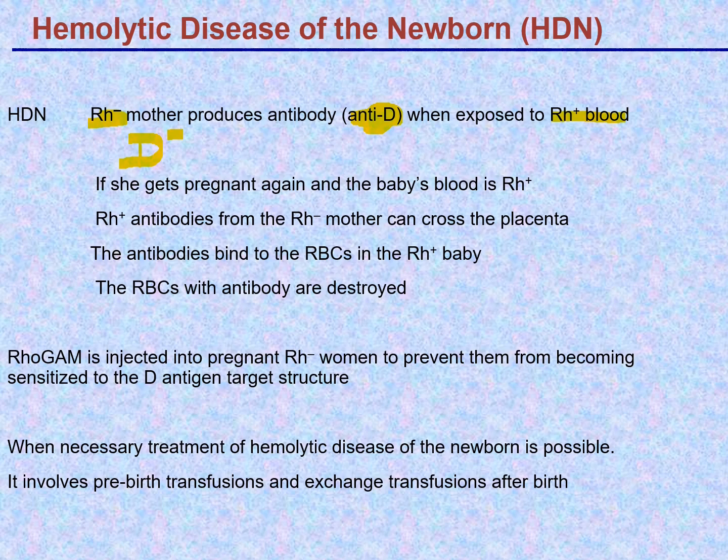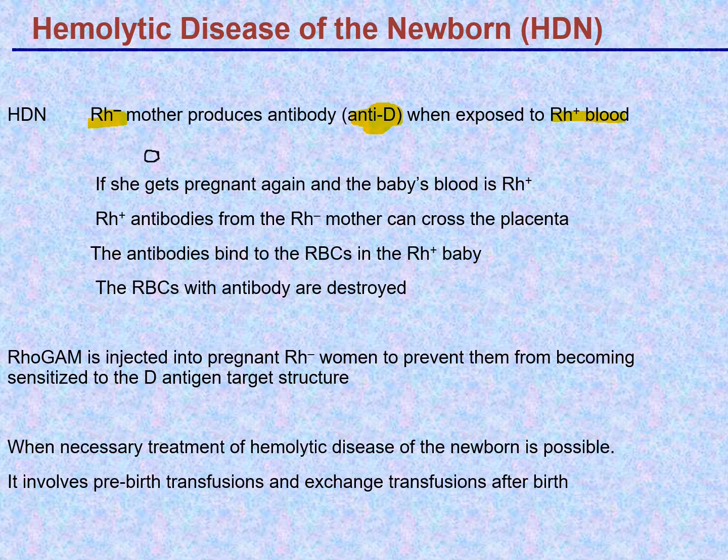Not every time, because the father could have big D, little d. So if the father is big D, little d, then the offspring has a 50% chance of being Rh positive, having the D antigen. Anyhow, the mother who is D negative, Rh negative, could have a pregnancy with an Rh positive baby, and in that way she becomes immunized and starts to develop an anti-D,